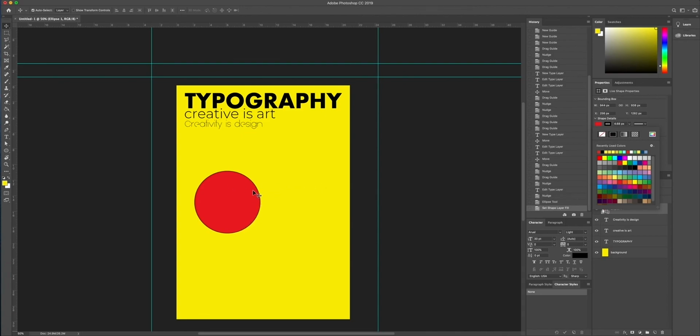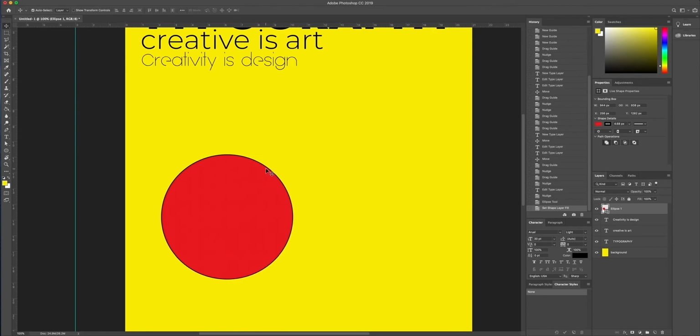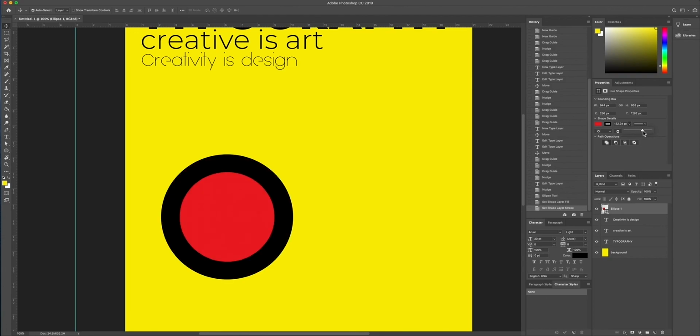Now if you look closer, you will notice, let me select the magnifying glass and click positive so I can zoom in. You notice that this has the stroke around it. Now I don't want a stroke, so I'm going to go back into the properties section to the right side. And this icon next to the red box is the stroke. And the number next to it is the amount of stroke that it has. So by clicking this arrow, we have this bar where we can either create a much bigger stroke